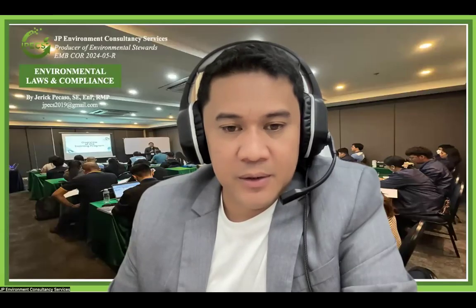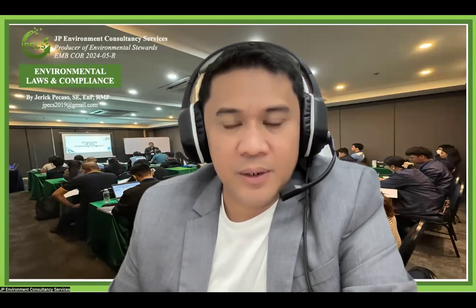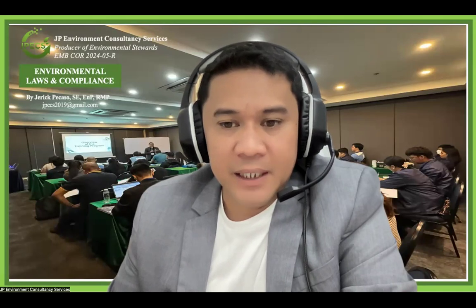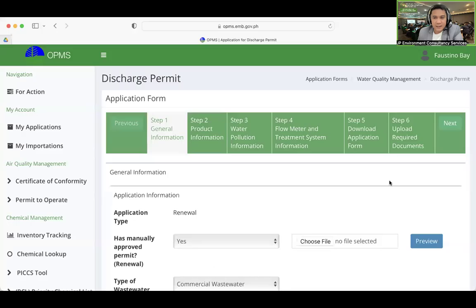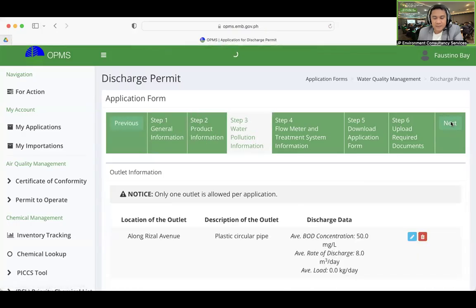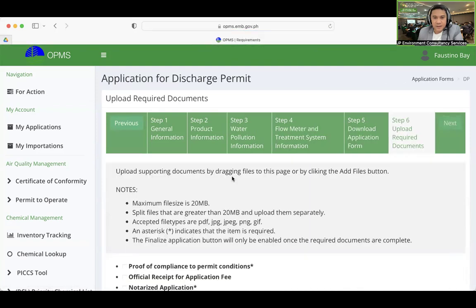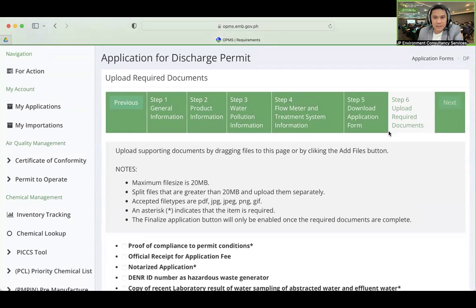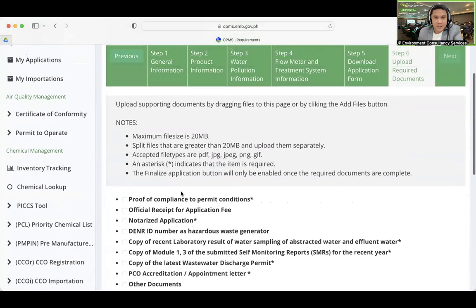After preparing those requirements, we can submit our application requirements to the OPMS in step 6. Here in step number 6, we shall add the files and then submit to the system.